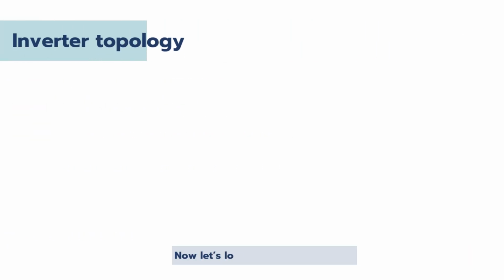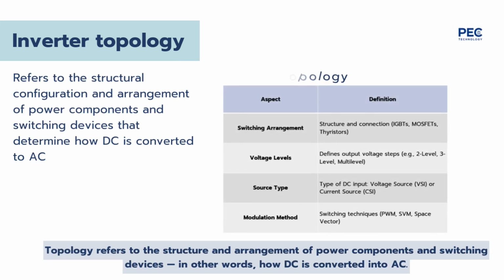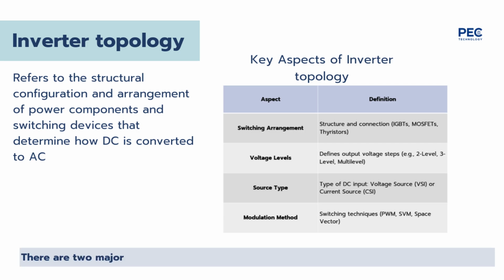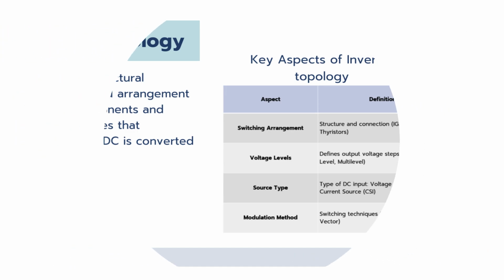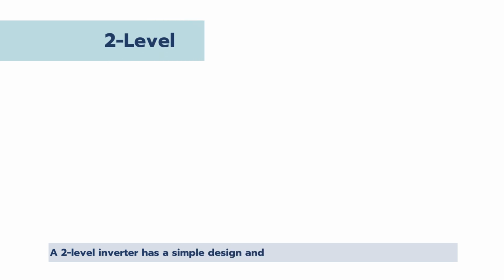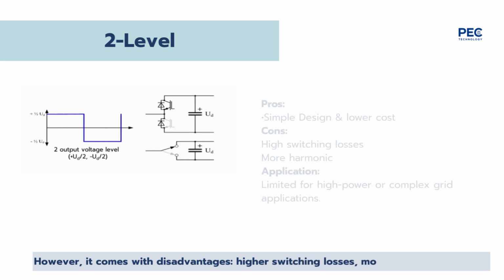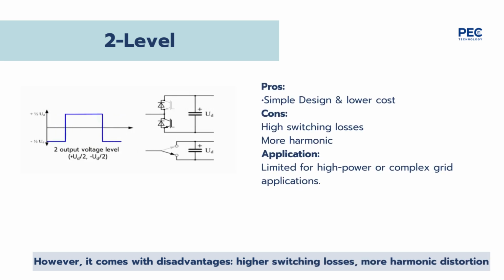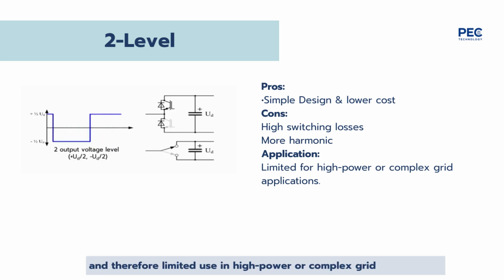Now let's look at inverter topology. Topology refers to the structure and arrangement of power components and switching devices. In other words, how DC is converted into AC. There are two major topologies used in industry, the 2-level inverter and the 3-level inverter. A 2-level inverter has a simple design and lower cost, which makes it attractive. However, it comes with disadvantages: higher switching losses, more harmonic distortion, and therefore limited use in high-power or complex grid